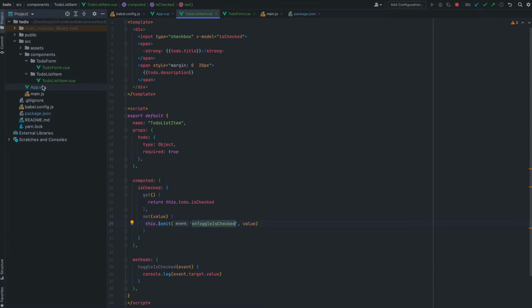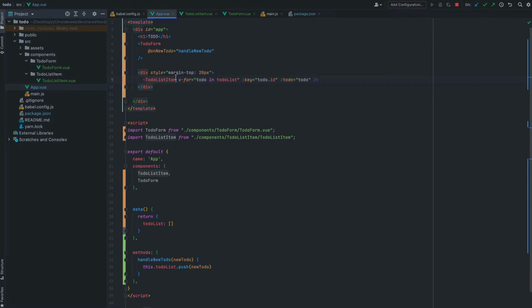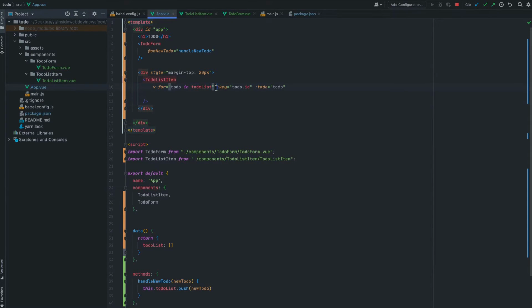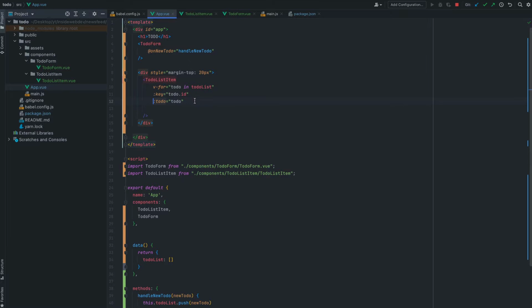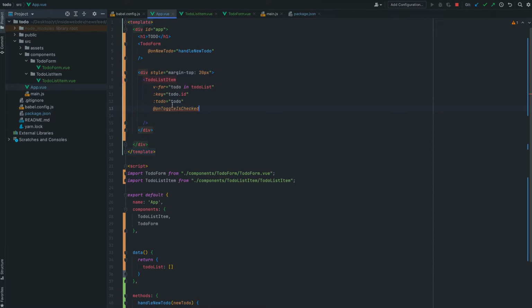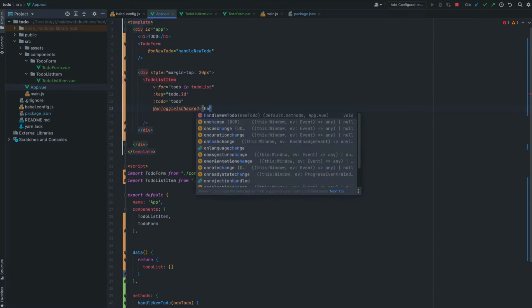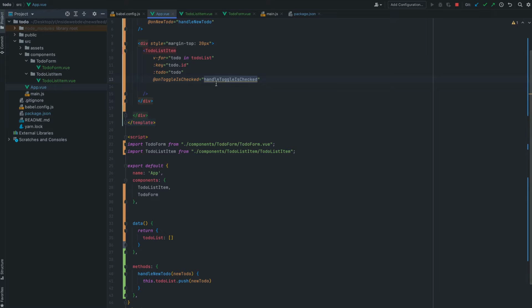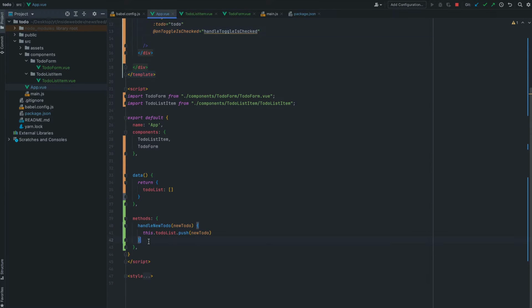Then in the parent component, we're gonna be listening for this. So in this case, let me just format this real quick. It's gonna be something like that, and I like to have the same method but with a handle toggle is checked. Okay, now let me just go down here, and now we have the value,